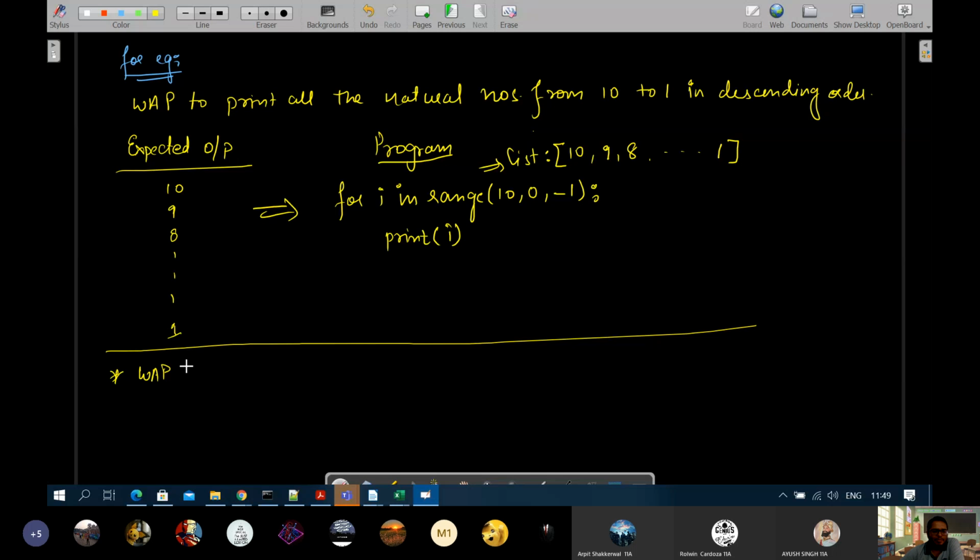Write a program to print the sum of all the natural numbers from 1 to 10. ठीक है, इसका solution next page.